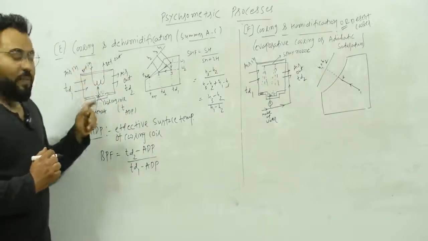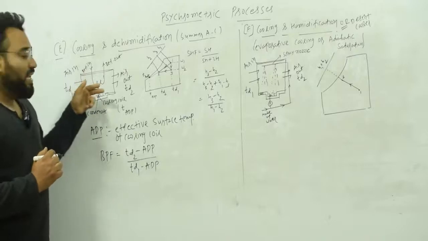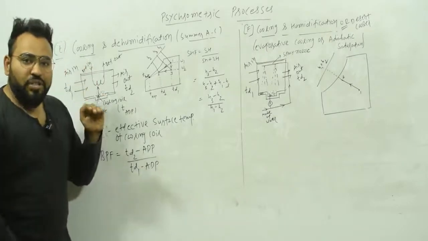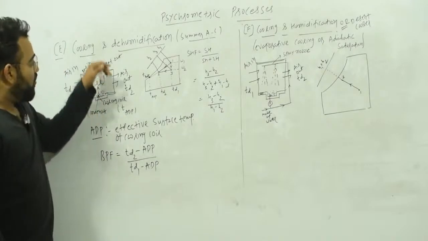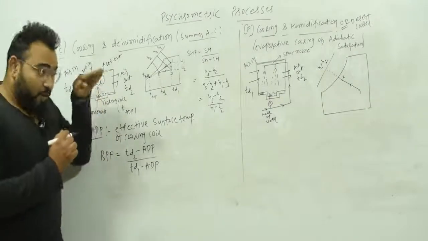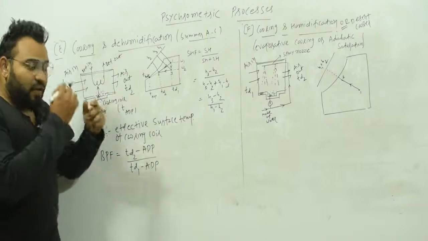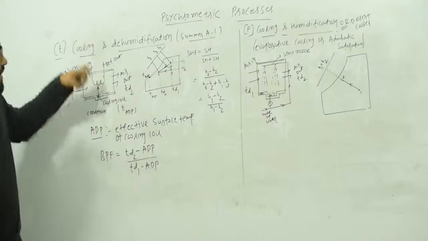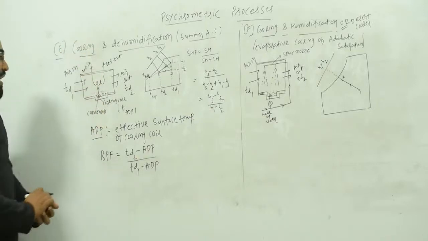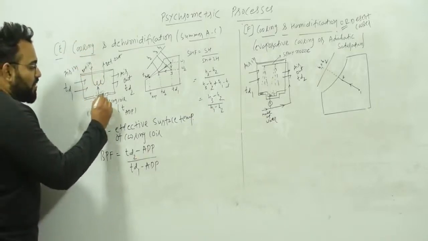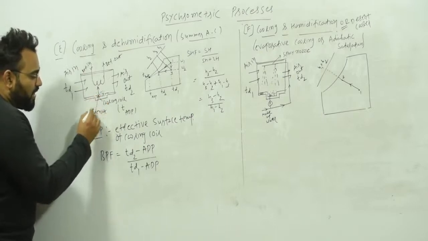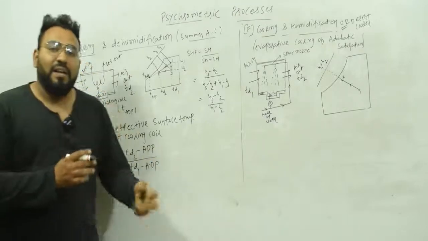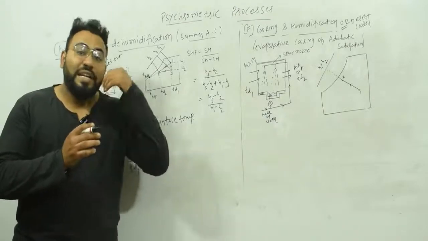Cooling is going to happen. As soon as the air comes in contact with the cooling coil, it reaches its dew point temperature, and as cooling continues further, water vapor starts being removed and condensation starts happening. Some of the removed water vapor is collected here, which I have written as condensate. So we have removed water vapor from the air, which means we have done dehumidification.